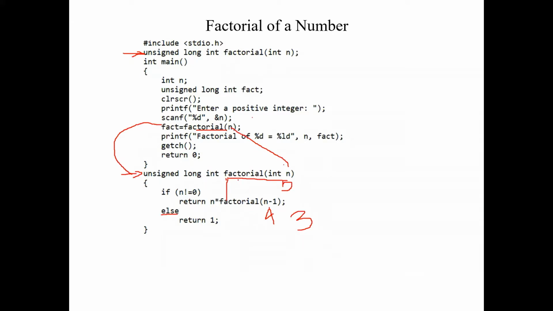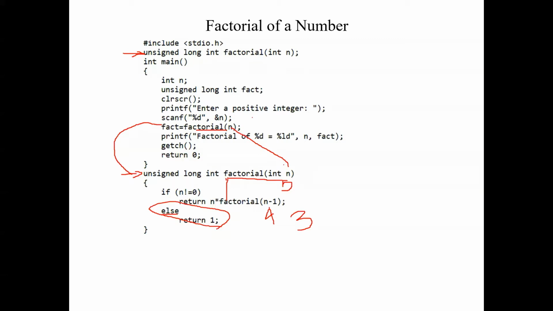We are calling a factorial of 0, where n value is 0. We will be checking if n value is not equal to 0. You know that n value is 0 now. It will move towards the else part and it will return 1. So it will execute this base criteria in order to stop this recursive function call, and it should be there at least once in order to make a recursive function call. So this last call will be returning 1, and that determines the end of the recursive function call.